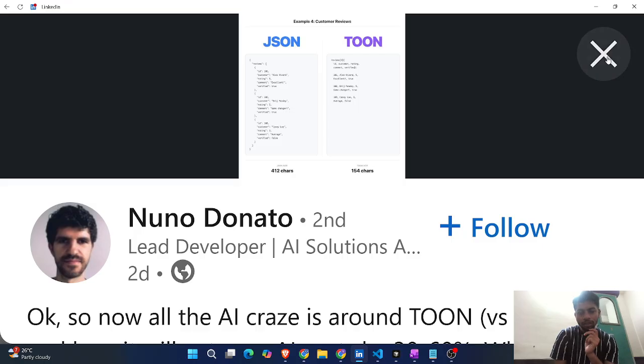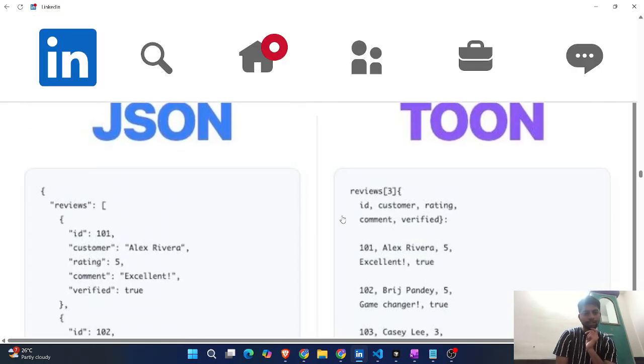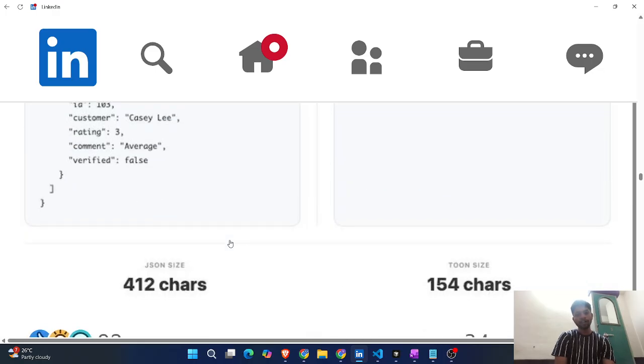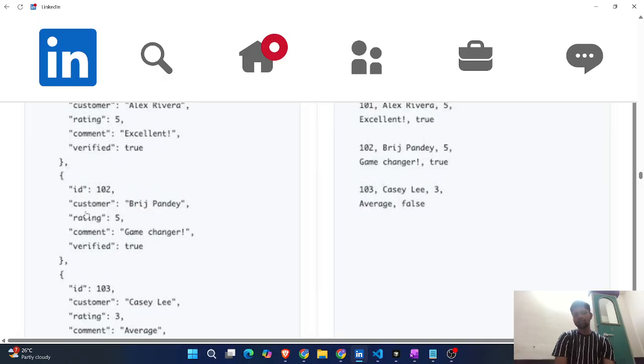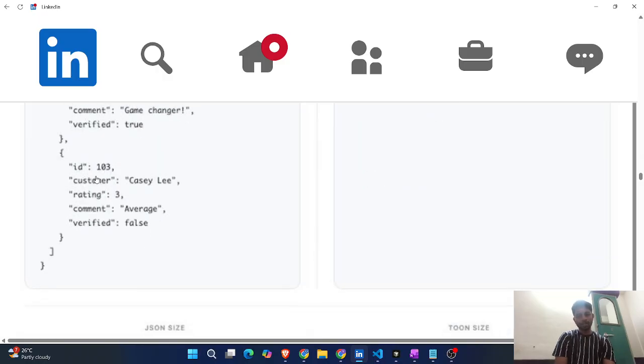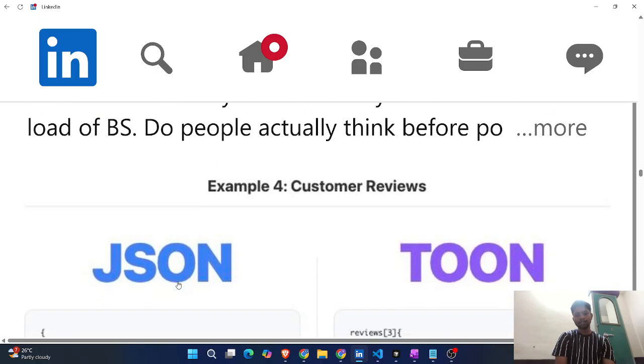Let me maximize. Okay, see, you can see this. The JSON is like reviews, and inside that they give an ID, customer rating, comment, verified, and after that, in the second one, ID, customer rating, and the third, ID, customer rating. Everything is mentioned like this. But this is the JSON, right?